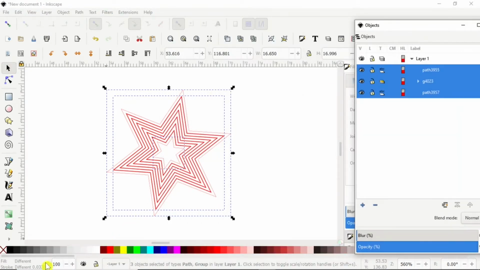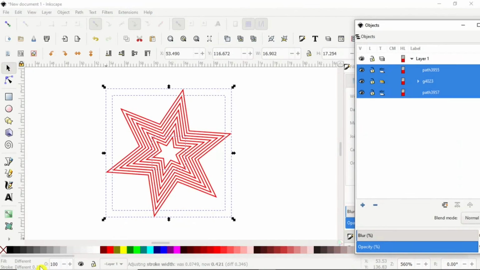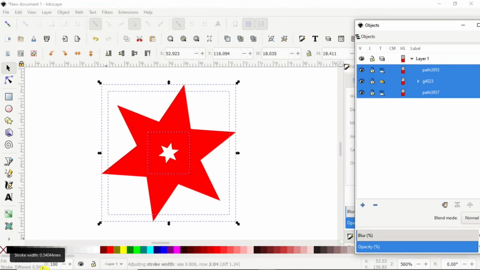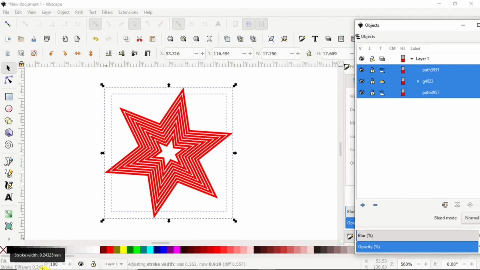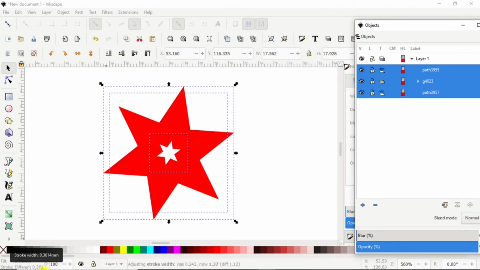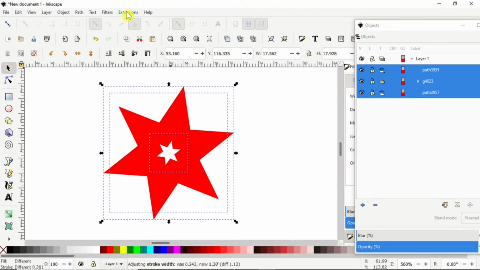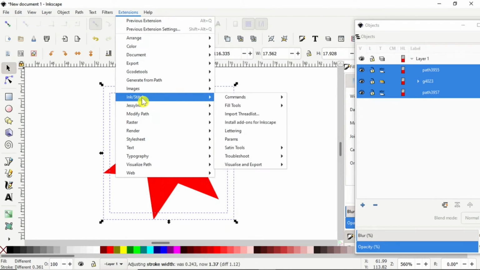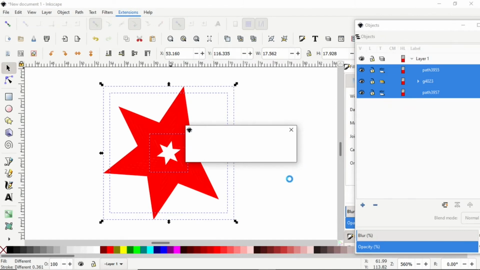Then we can go and set the line width. So we have to watch there, and then what we can do is, at least I hope this is going to work. I'm not 100% sure yet. I haven't tried it yet. Ink/Stitch, satin tools, convert line to satin,